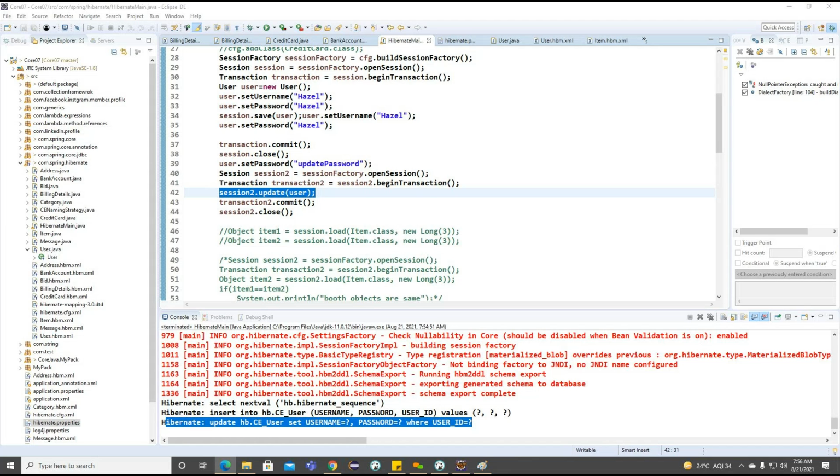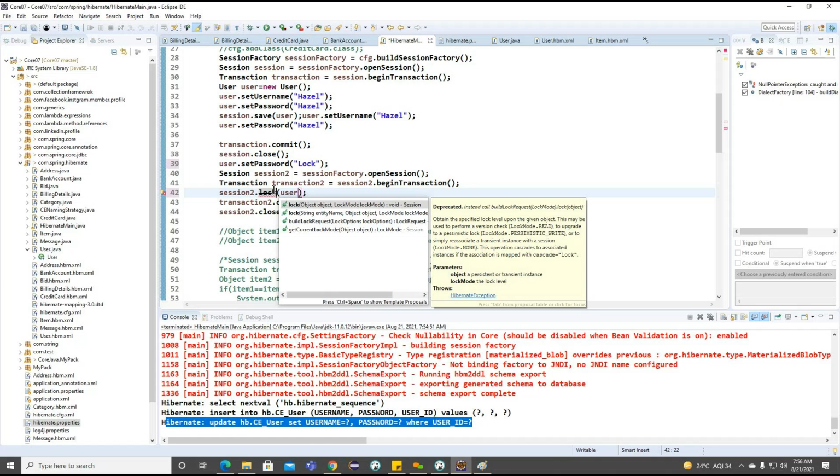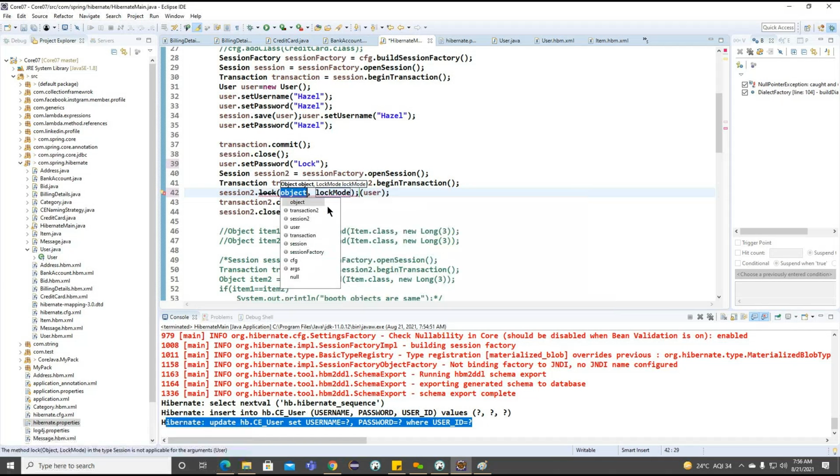Now if we observe the lock method, we can go for the lock method. So instead of updating here, I want to go for the lock here, and the password I want to make as lock here. So just for understanding, I'm making lock here. Now you can see lock here.